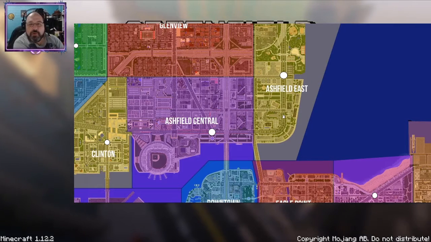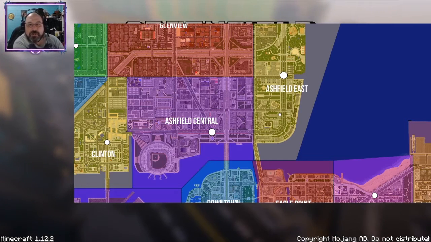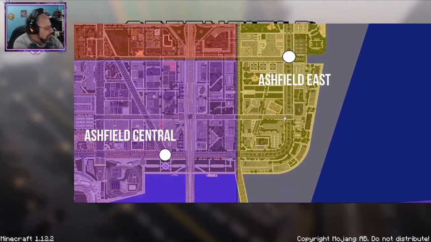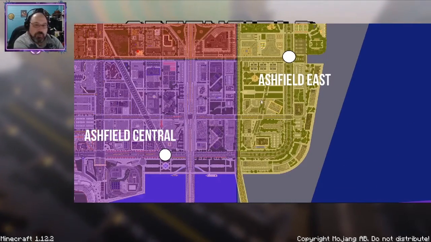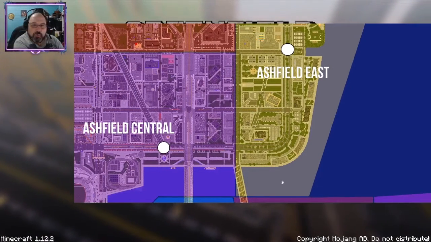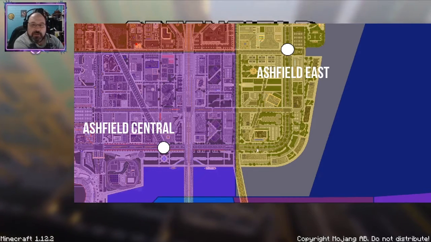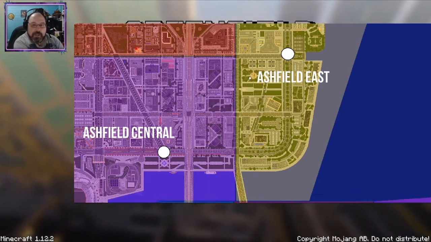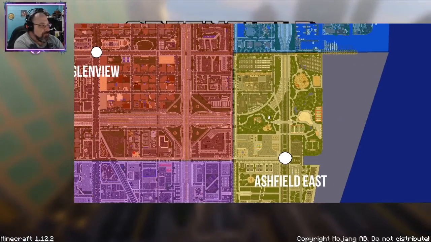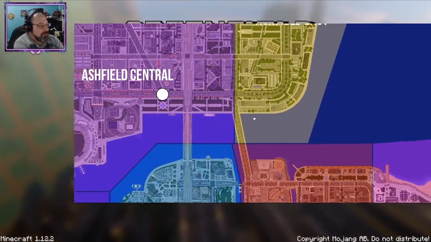Okay, so this is the map here of, it's basically districts and warps. It's included in the zip file when you download. Ashfield East, this is where we're at. And we left off right here in this corner area. So we're basically coming down and finishing this up, and we'll be working our way up like this. I think we've visited most of this, but we'll just double check and make sure, and then we'll be coming down